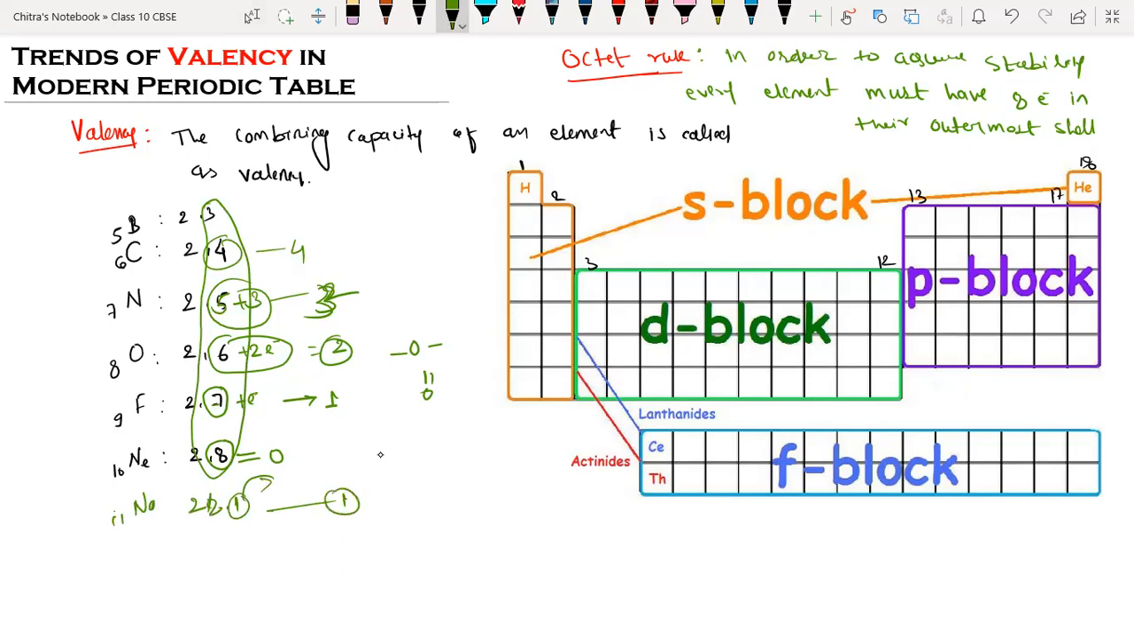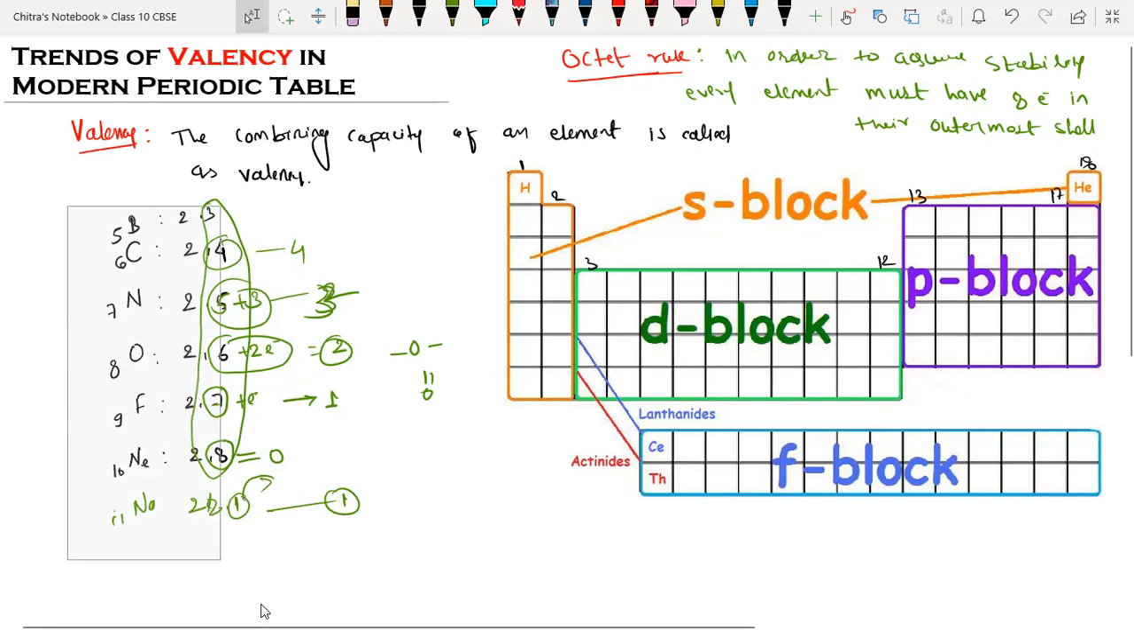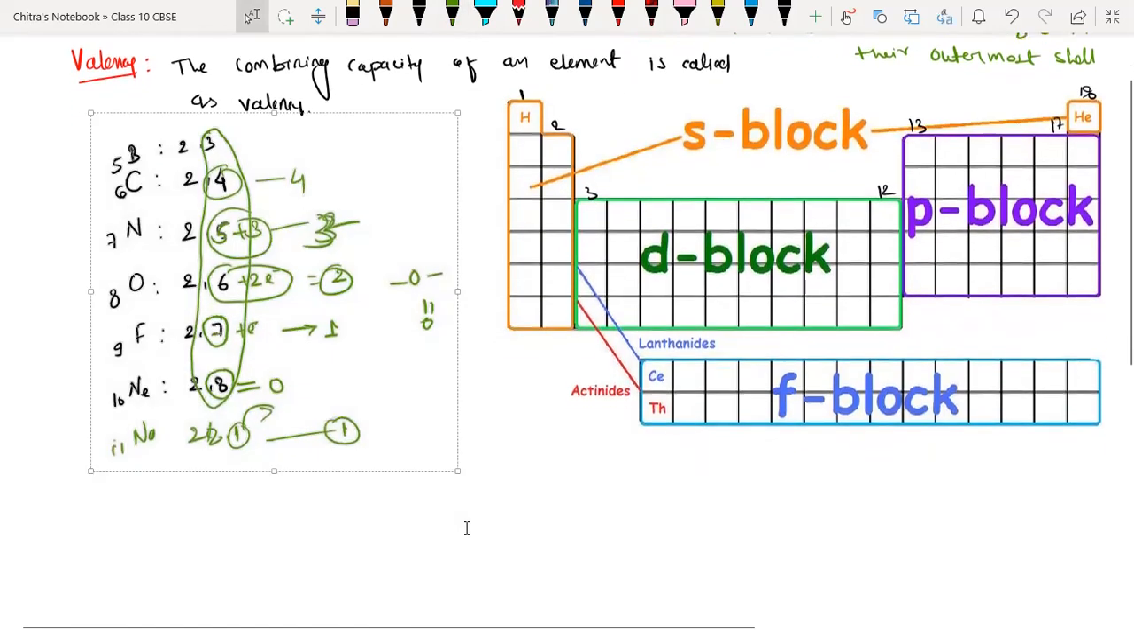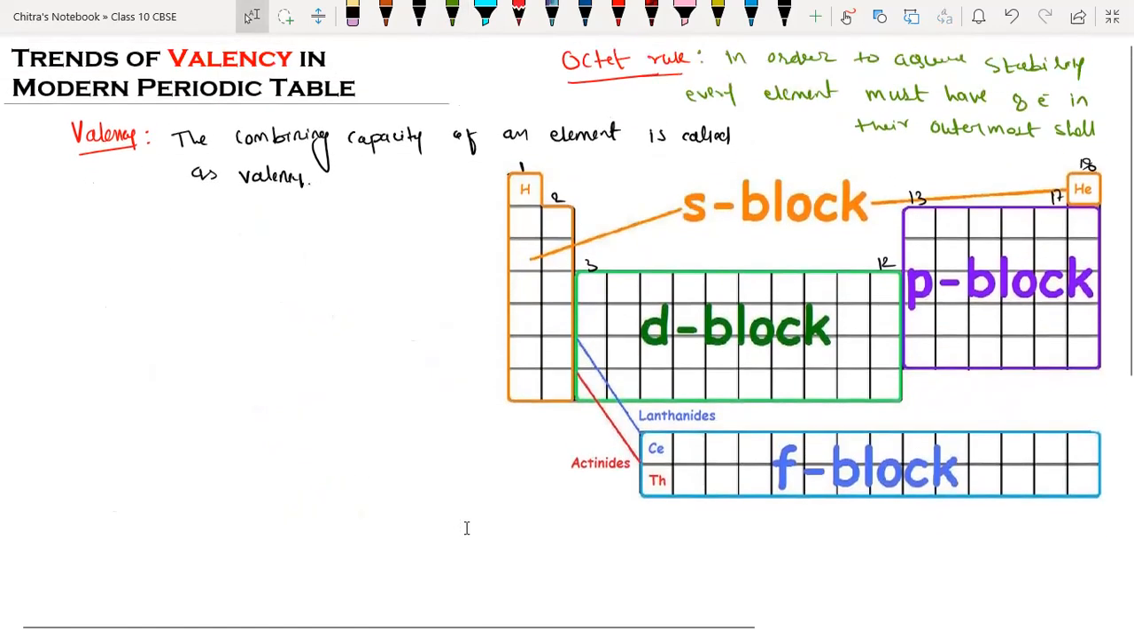That means valency is determined by the number of electrons present in the outermost shell. It is really very clear. So we have to write that part also. Valency is determined by